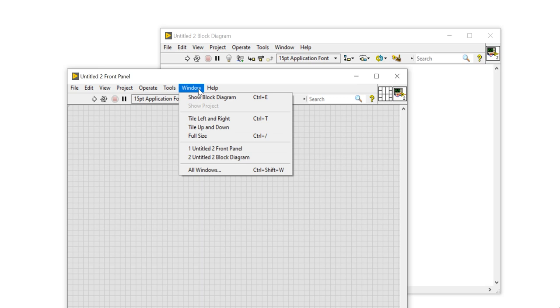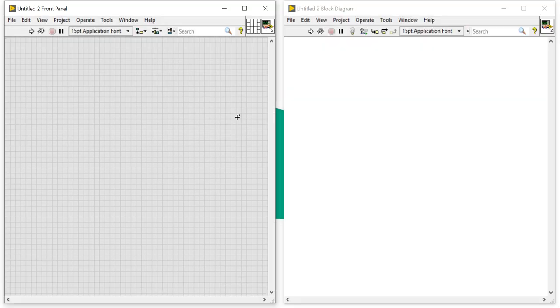When you click, you will get Tile Left and Right. Then you will get the front panel on the left side and the block diagram on the right side.